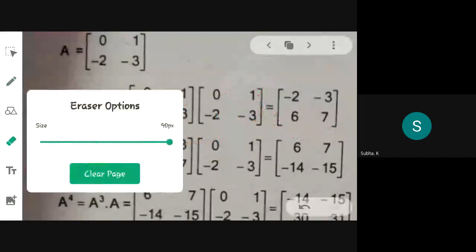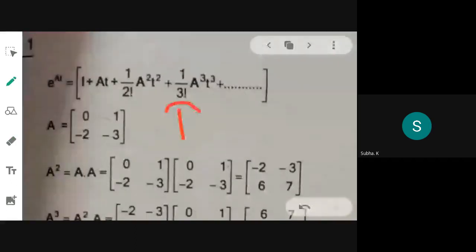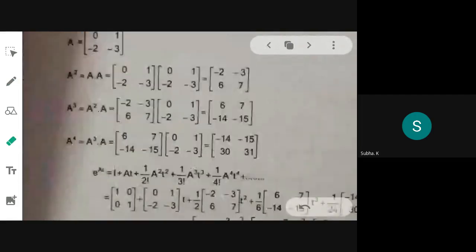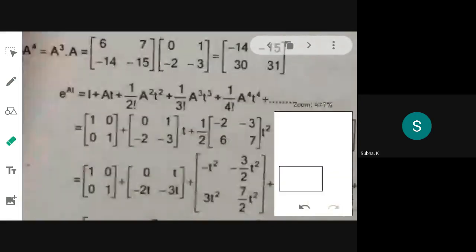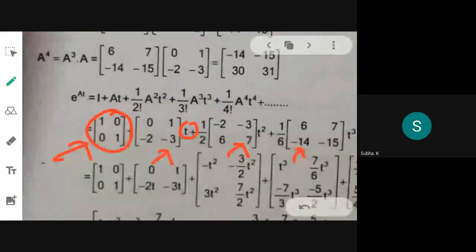And you will be substituting the same in the given equation. Then you will be getting the transition matrix. This is after substitution of all the terms. This is your unity matrix, as I already told you, then A squared, A cubed, and so on, and all the terms should be multiplied by the corresponding t. If you multiply these, you will get 0 t, minus 2t, minus 3t, like that. That will be your next step.